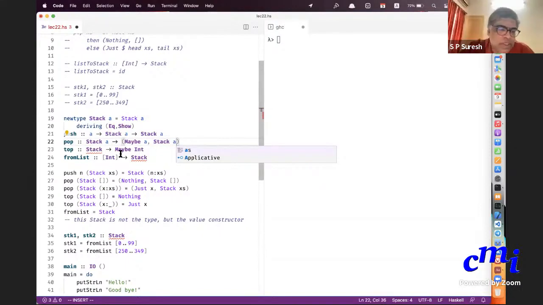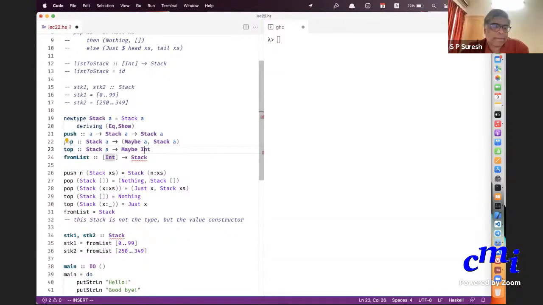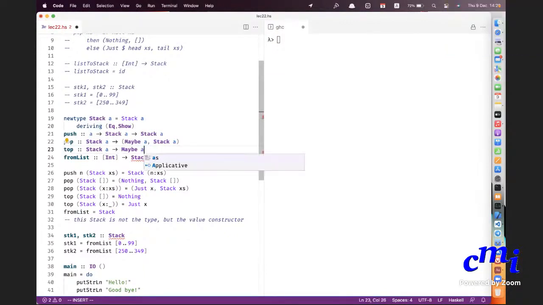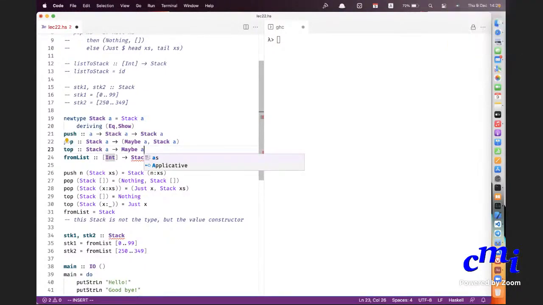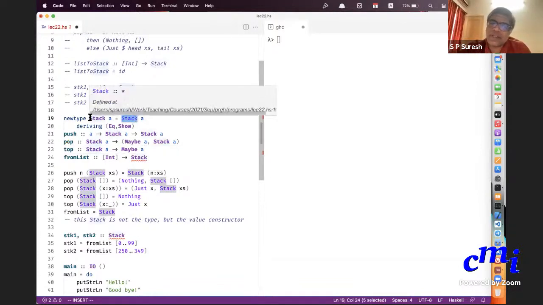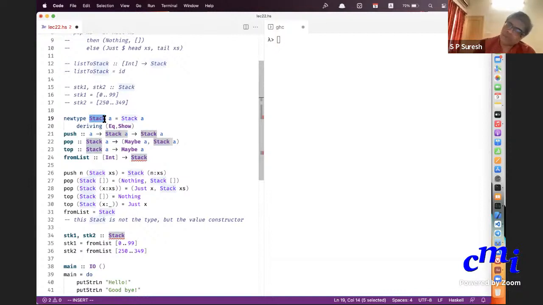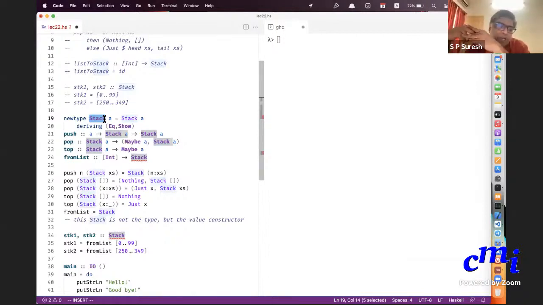Yes, please ask. So in your new type declaration, stack A is equal to stack A. The A on the left and right are also different, right? No, A on the left is a type. The A on the left and right is the same. But A on the right contains the value of the... I know, but that is because the stack on the right is a function on values. Whereas the stack on the left is a function on types. So it will take the type of the value. The stack on the left will take a type and produce a new type. That's all. It won't take a value of a type. It will take a type itself and produce a new type.